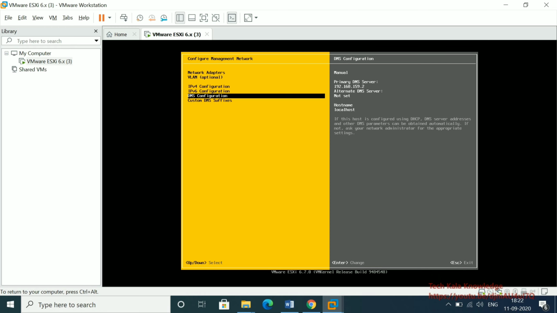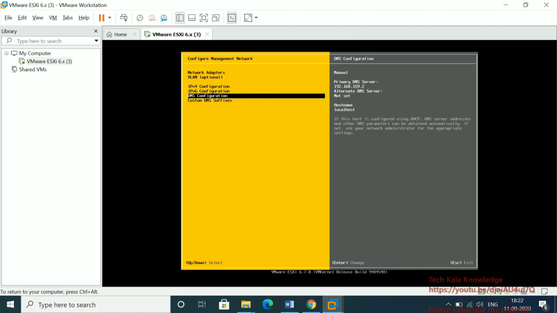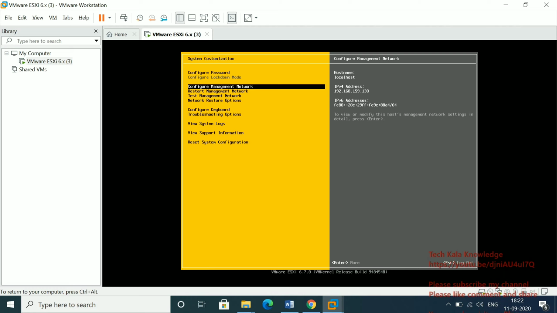Now escape. Yes. Apply changes and restart management network. Yes. Okay. Yeah, now you can see that IP is reflecting. Now log out.